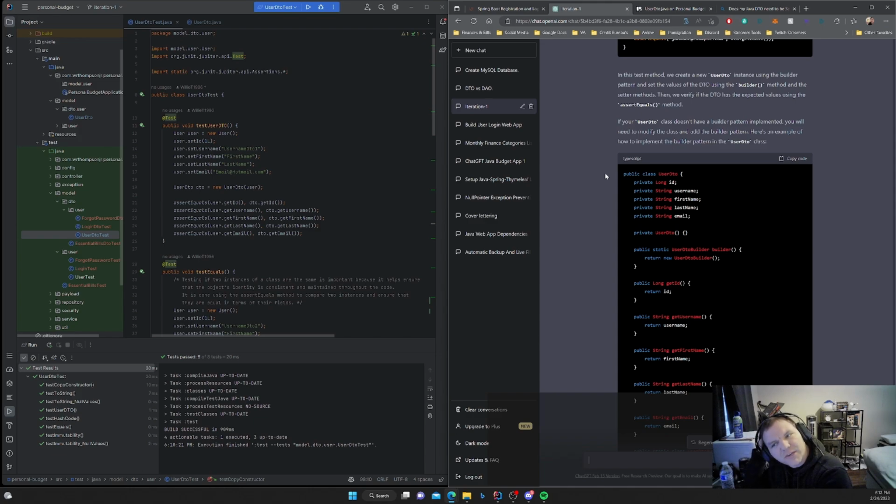In this test method, we create a new user DTO instance using the builder pattern and the set values of the DTO using the builder method and the setter methods. Then we verify if the DTO has the expected methods using the assert equals method.